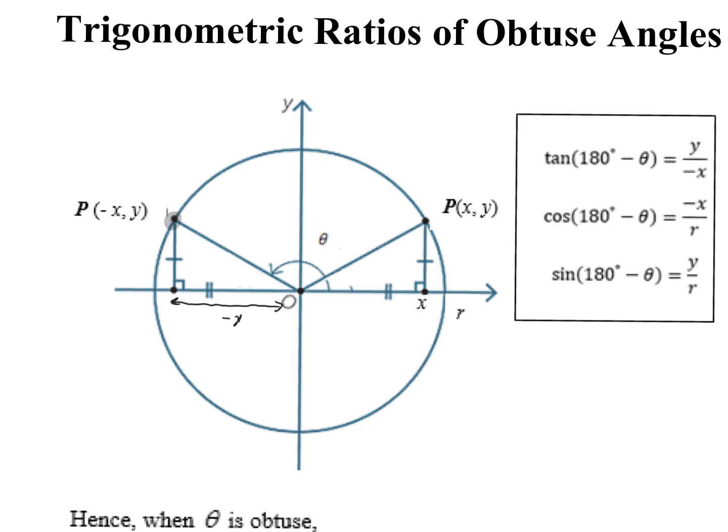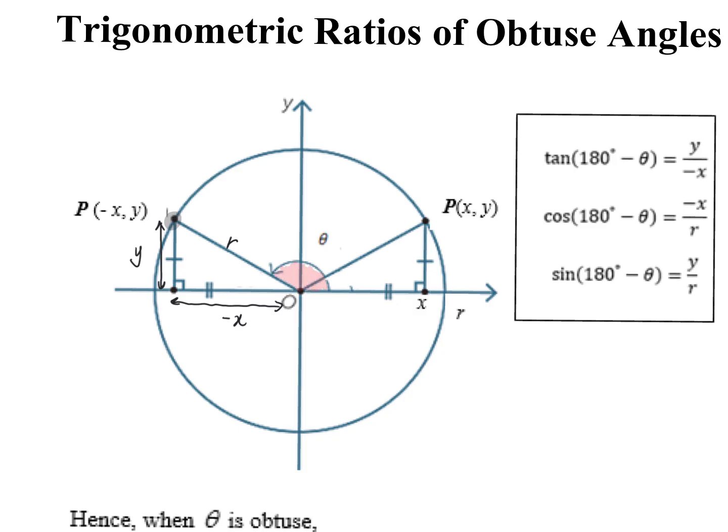Negative X. But this is still Y, right? No change. Still on the positive side. This one still no change because this is forever radius. It's always positive. So if I look at the angle, if my angle becomes obtuse, become more than 90 degree,